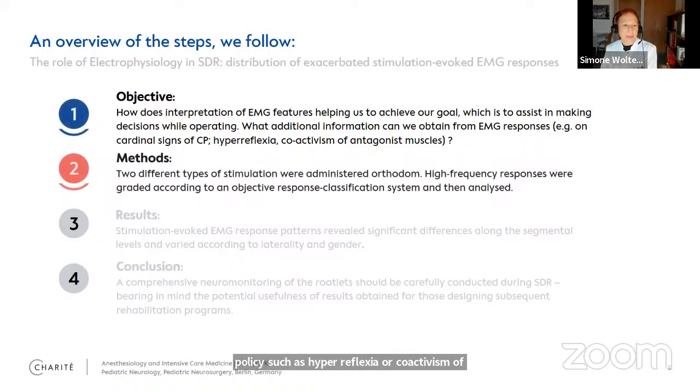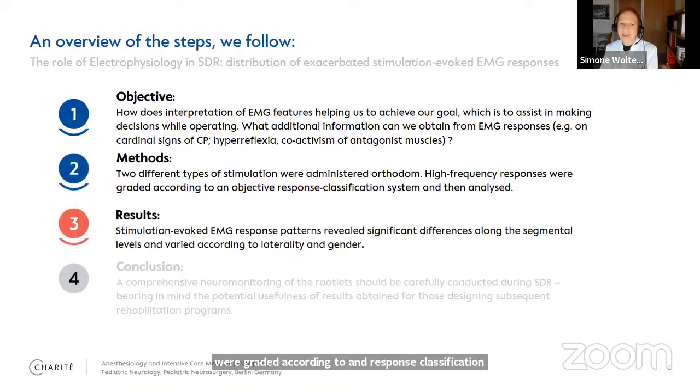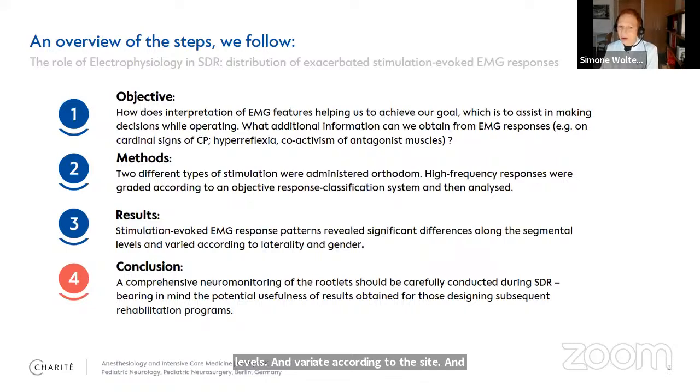In our methods, two different types of stimulation were administered during the rhizotomies. Only the high frequency responses were graded according to a response classification system and then analyzed. Our results: stimulation-evoked EMG response patterns revealed significant differences along the segmental levels and varied according to the side and gender. So, our conclusions: